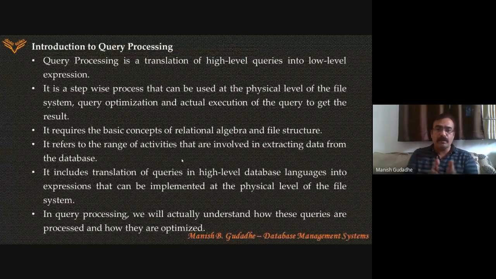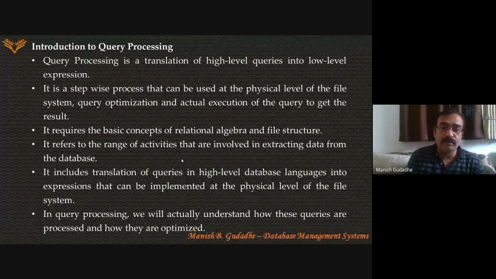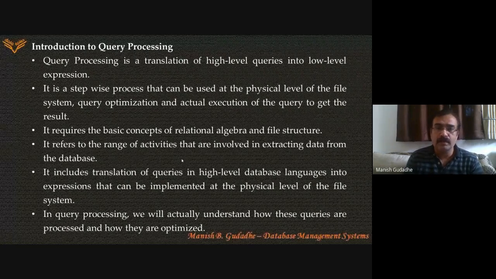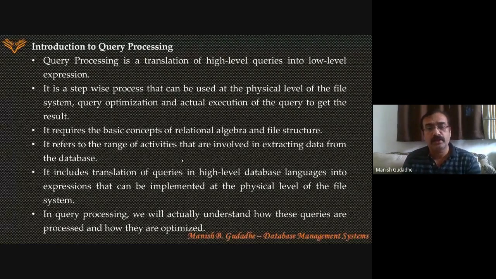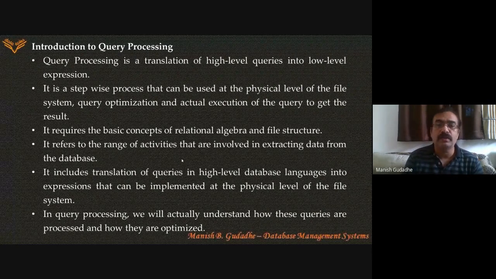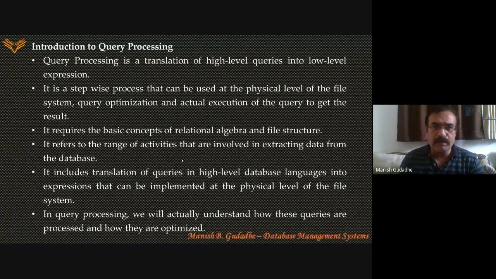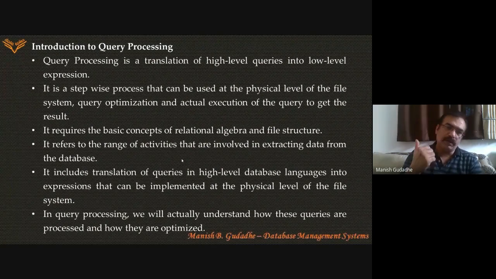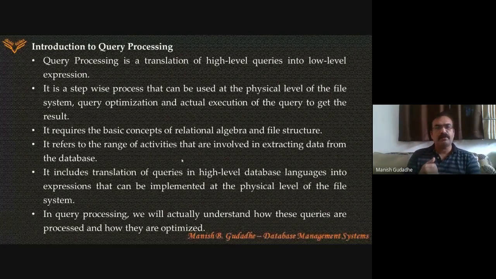Why do we need to optimize? As we said earlier, the same query can be written in a number of ways. When you are using a join operation instead of a Cartesian product, or you are using nested queries instead of a Cartesian product, you have already optimized the intermediate result. That is at the user level or administrator level. What happens at the systems level? It also tries to optimize that, because